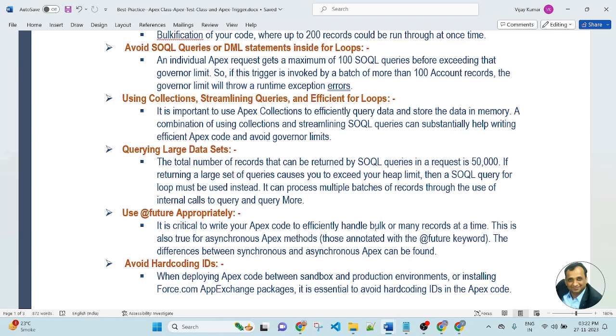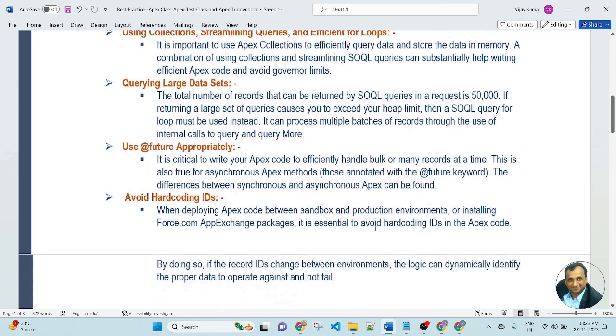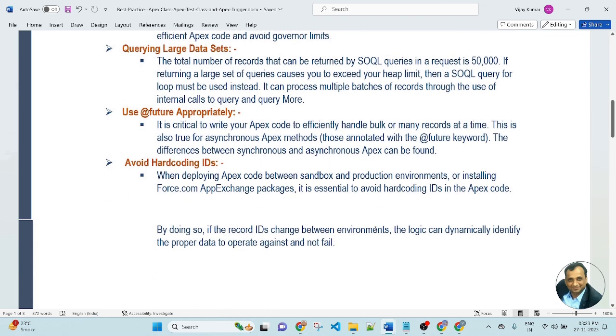Use future appropriately. It is critical to write your Apex code to efficiently handle bulk or many records at a time. This is also true for asynchronous Apex methods, those annotated with the future keyword. The difference between synchronous and asynchronous Apex can be found. Avoid hardcoded IDs.